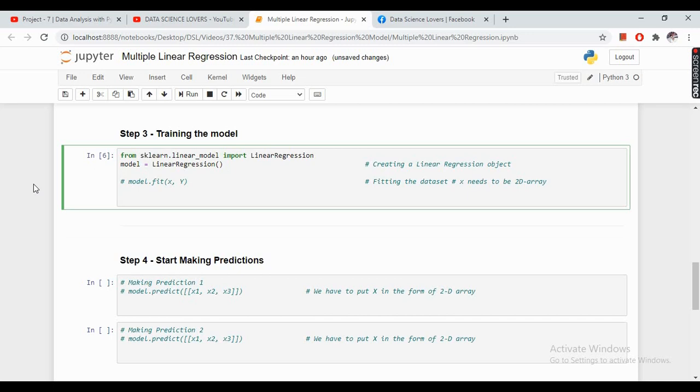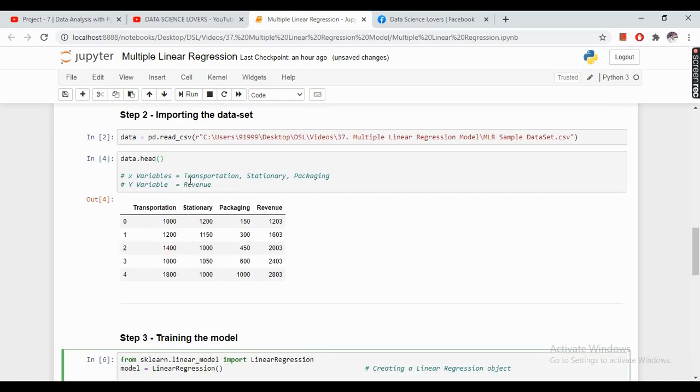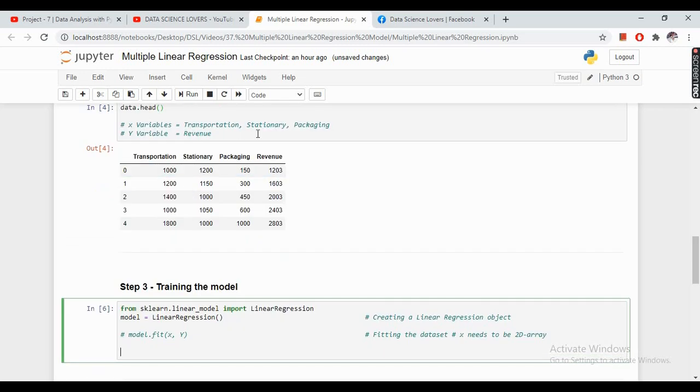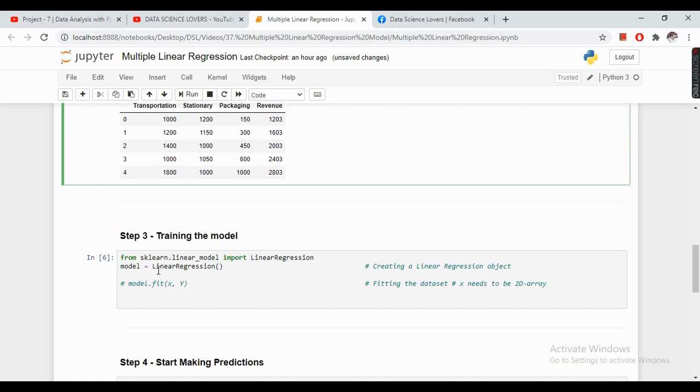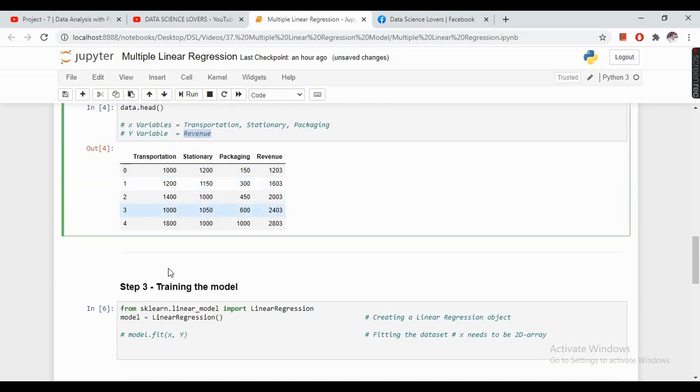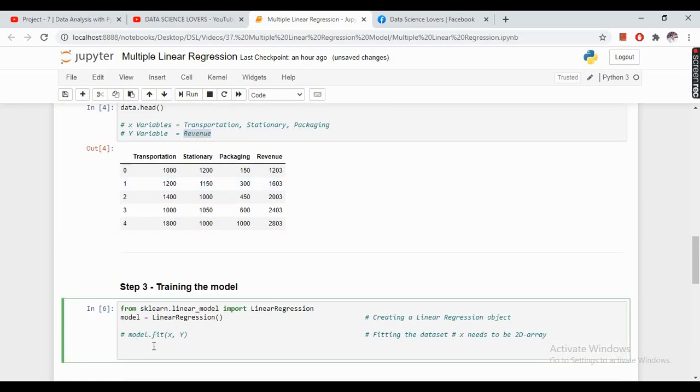The next syntax is fitting the x and y in the model. As I defined here, transportation, stationery and packaging are my x1, x2 and x3, while revenue is my y variable. So I will fit these four variables in my model. This is the syntax to fit x and y. We have to write model, which is my linear regression object that I have created here, and we will use the fit command.